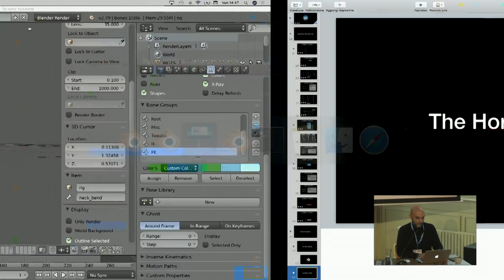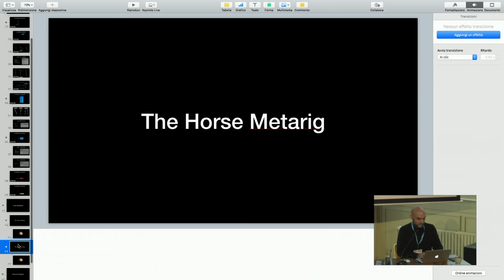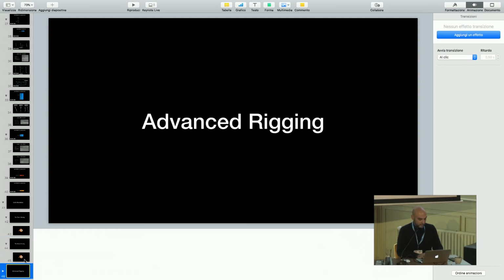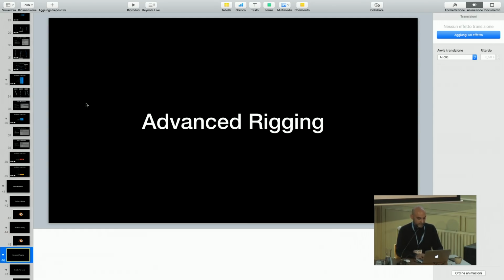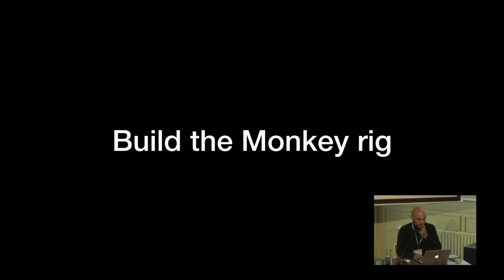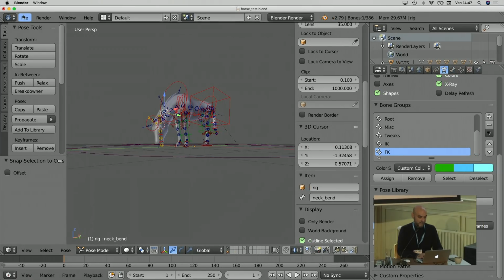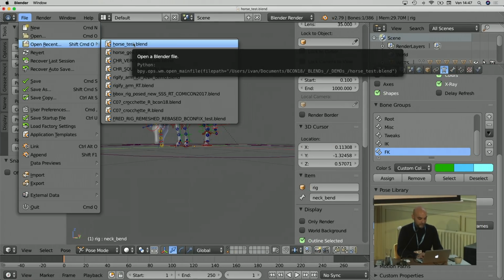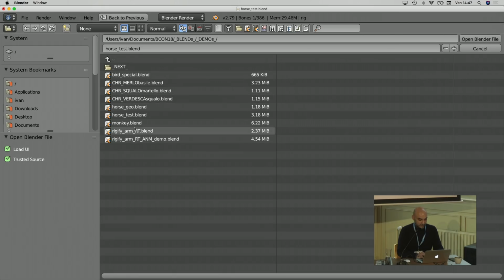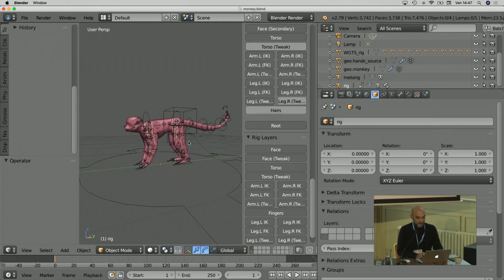I think we have some small time, but we'll go to show you something more. In advanced rigging, I would like to build a monkey rig that's not included in Rigify yet, for one reason I will show you. Let's open the monkey. This is the monkey rig,